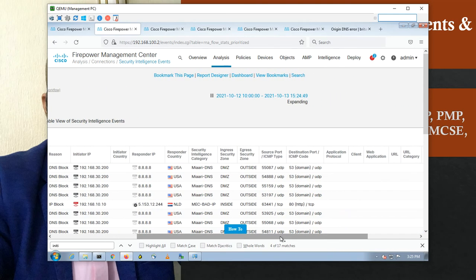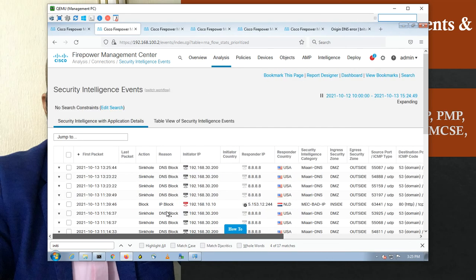Okay, this is the DNS response for me. Security intelligence category, this is the category for the security intelligence. Ingress security zones, this is from DMZ to outside, using these ports, web application, and so on. If I want some details, I can check it. Here, I have only block. Block what? Block the